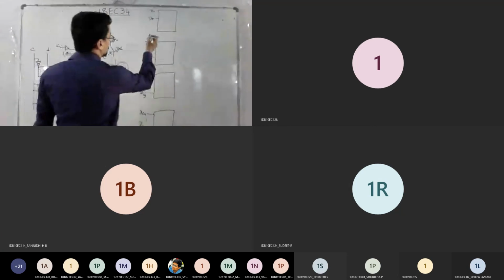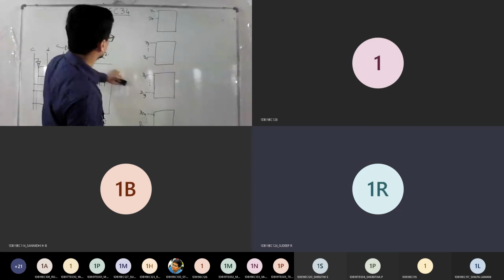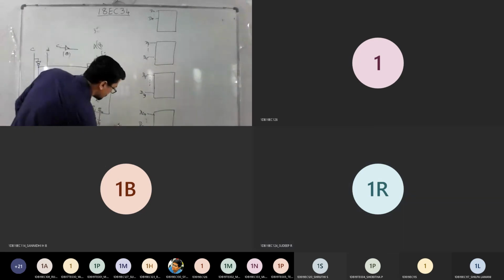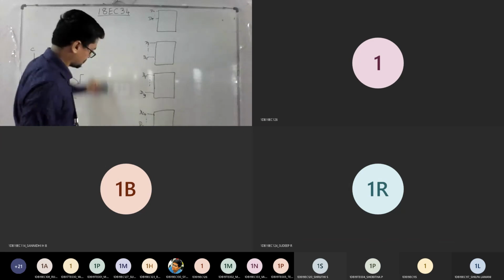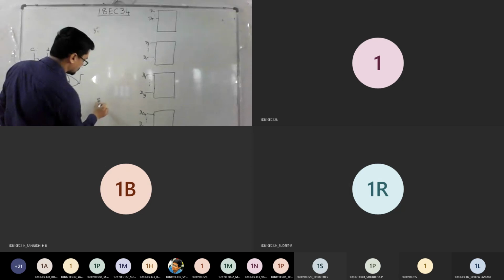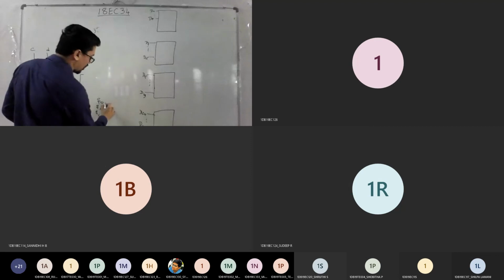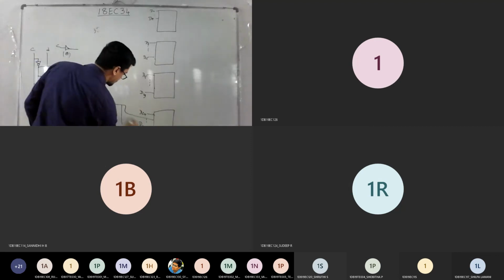So it means what? See, somewhere I can make common. So you just write here, just check out if it is visible. Okay, I will write here. Fine. So S0, S1, S2. So these 3 selection pins are common to all.